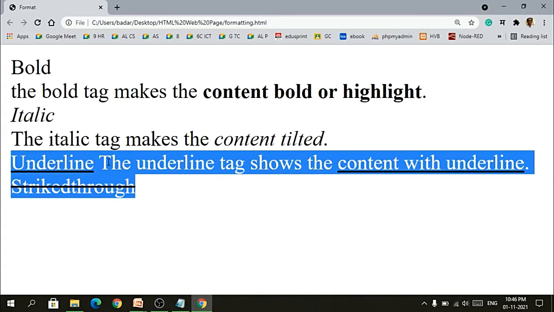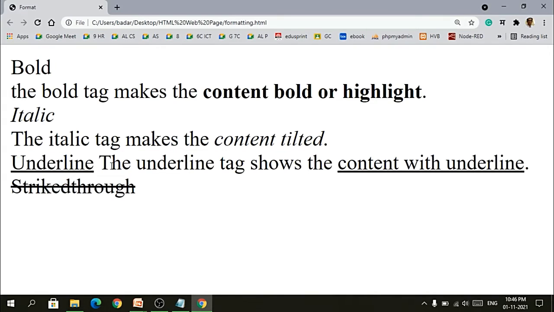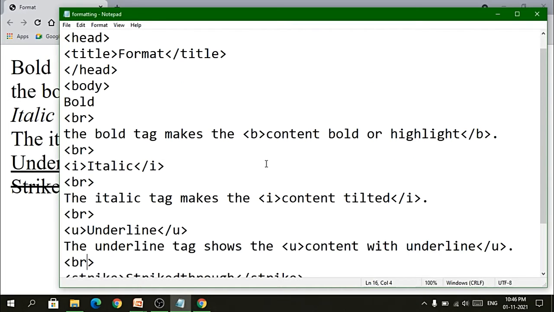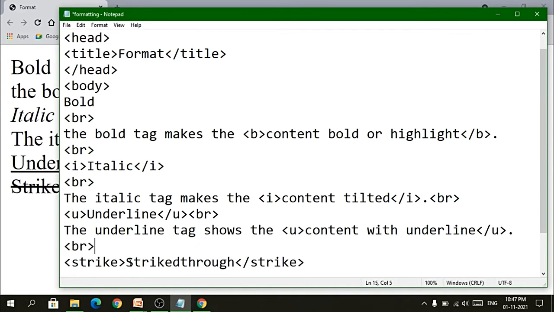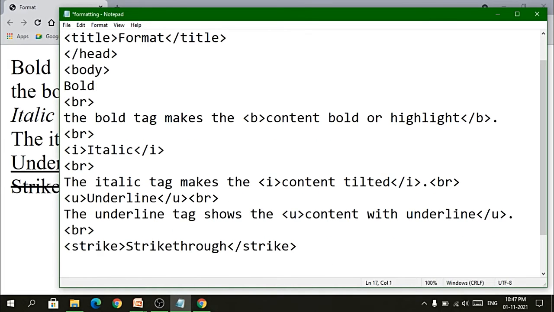So if I want to make a change, I can specify the br tag after this underline, and then the strike tag can come. So I will make that change. Here I will specify br. So this is strike through, and then afterwards I can write some content and I can specify strike through.